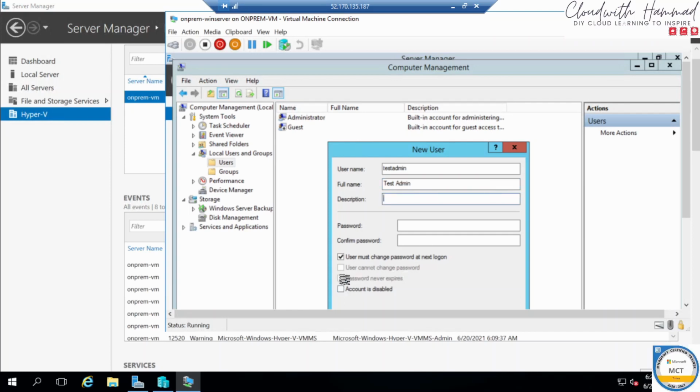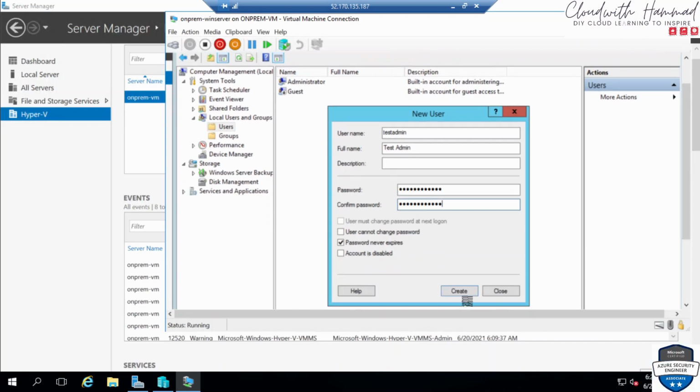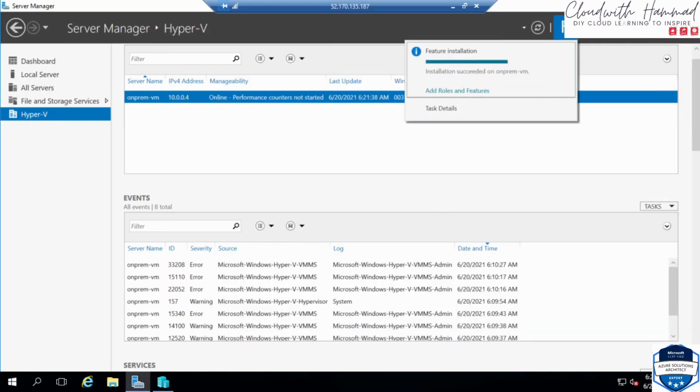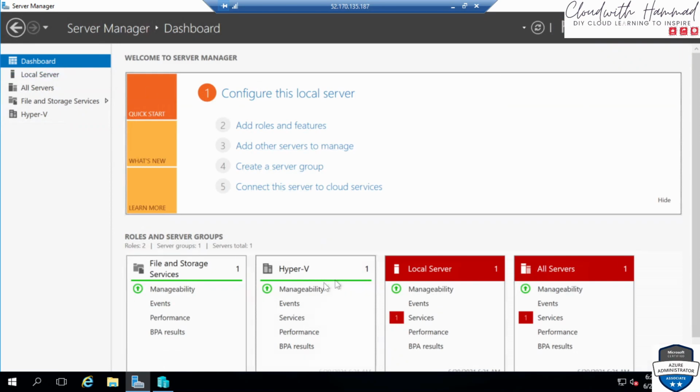Password, I'm just going to say password never expires. I would go here and create, and the user is set up here. So once that is done, I'll close this here, and then I want to make sure that IIS is installed. Go back to the dashboard, and then